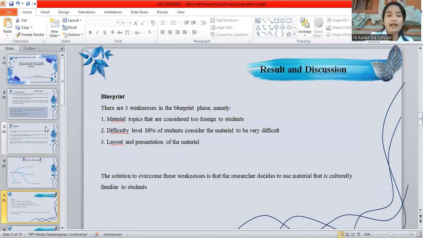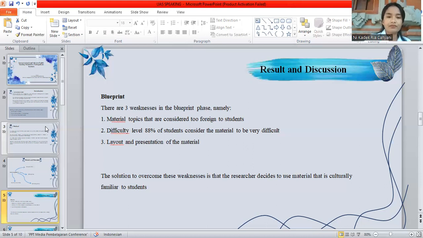The second one is the difficulty level. 88% of students consider the material to be very difficult. It was found that there were too many long texts using foreign language or vocabulary such as Sanskrit.